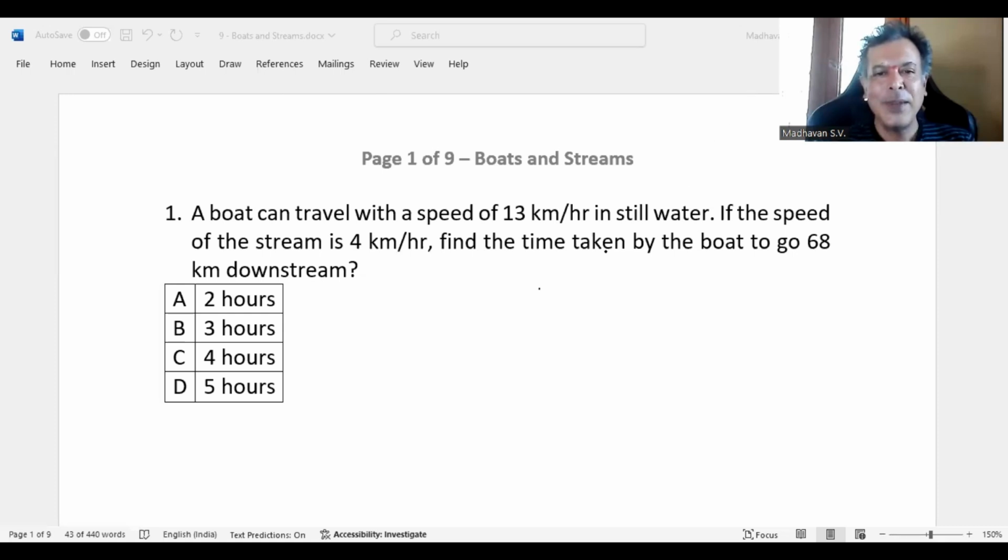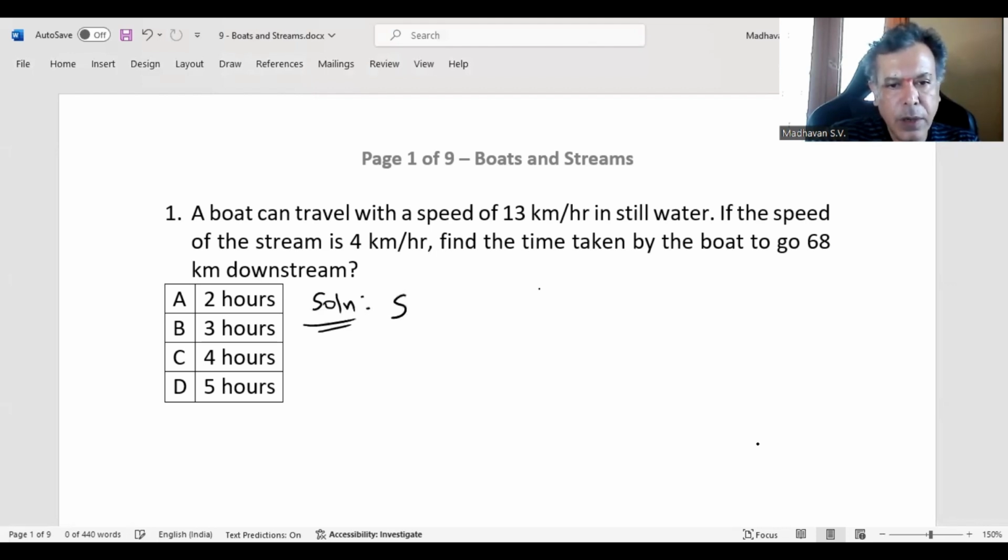Hello everyone. In this video, we will start with a new topic, boats and streams, which is also a part of quantitative aptitude. First question: a boat can travel with a speed of 13 km per hour in still water. If the speed of the stream is 4 km per hour, find the time taken by the boat to go 68 km downstream. So what is given in this is